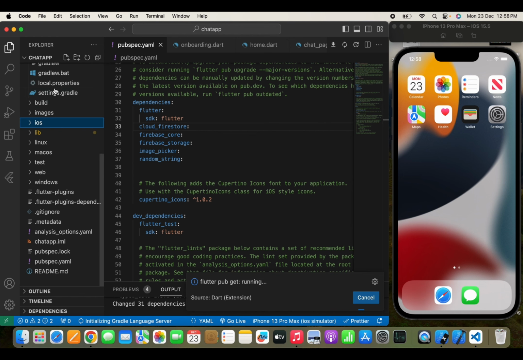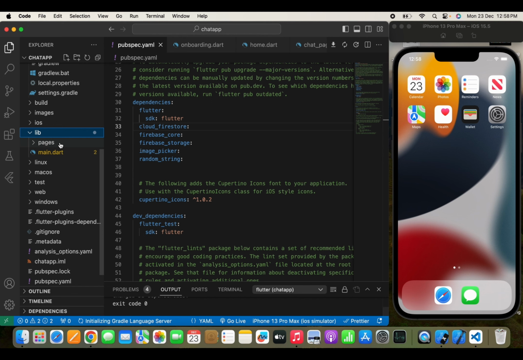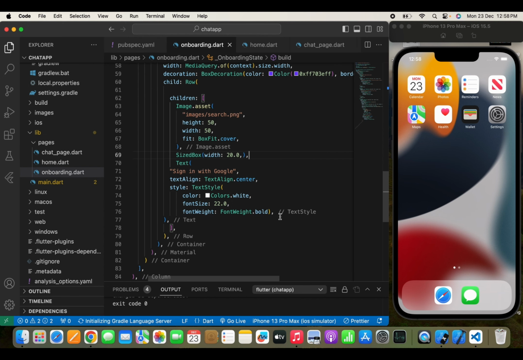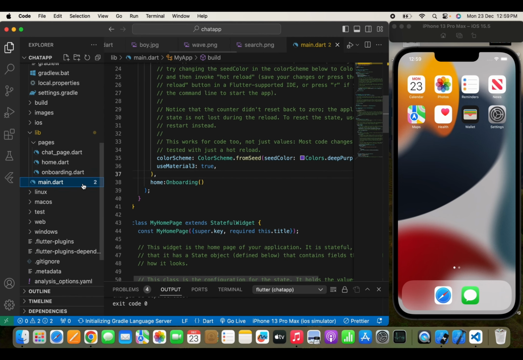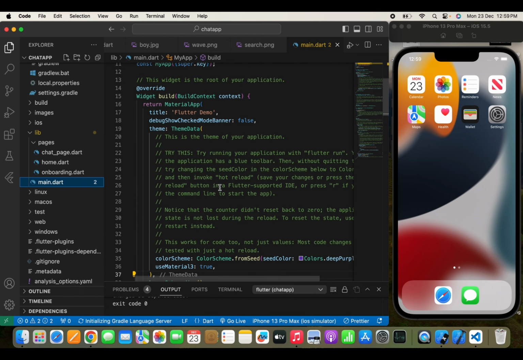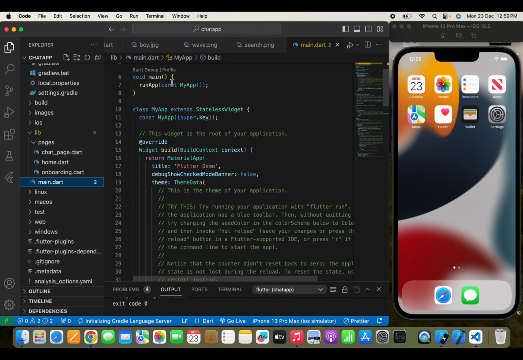Now let's move to the lib folder, and in pages, onboarding.dart, and here the first thing I'm going to add is Google authentication. Now to add Google authentication, we need to move to Firebase first, but before moving to Firebase, I need to add 2 lines in our main.dart file to enable Firebase in our app. So let's move to the main.dart file, and here we need to write async